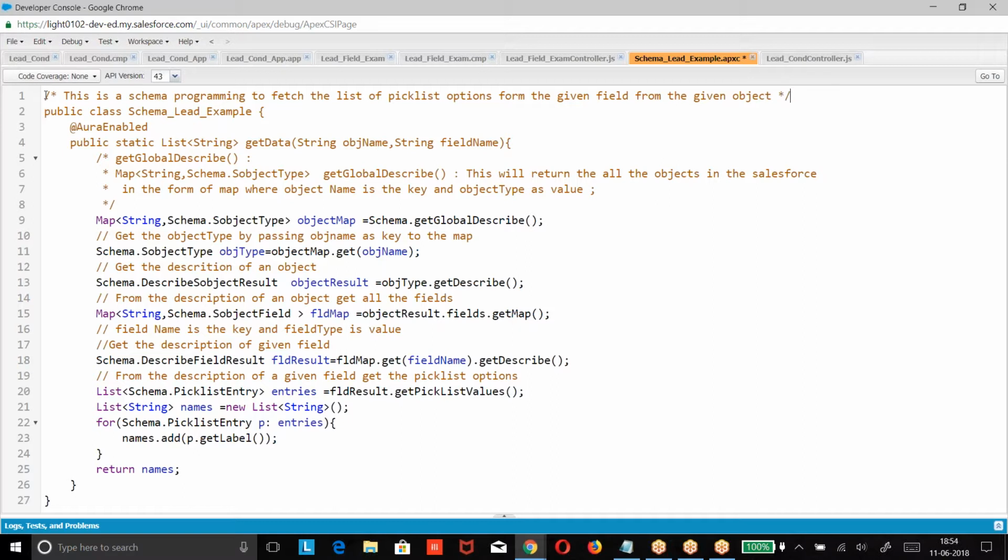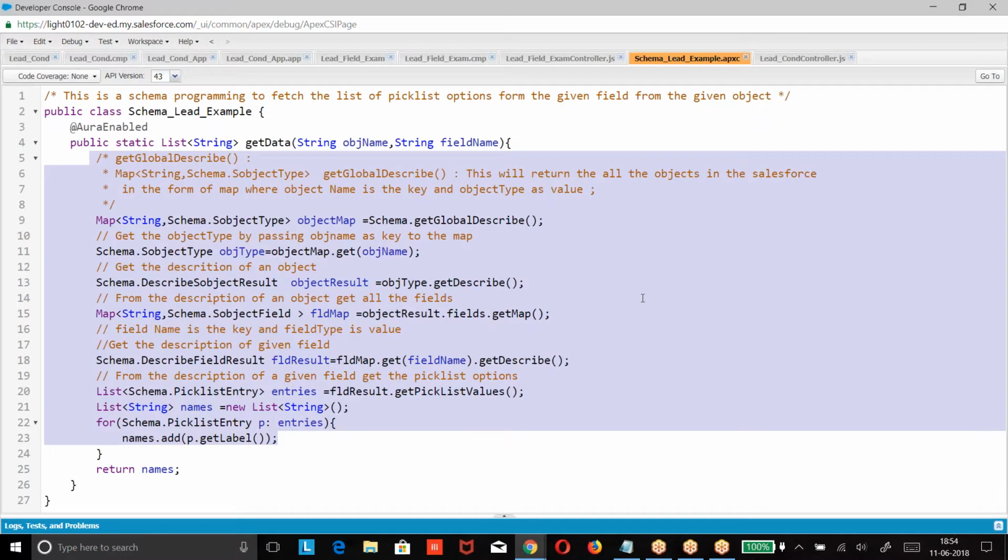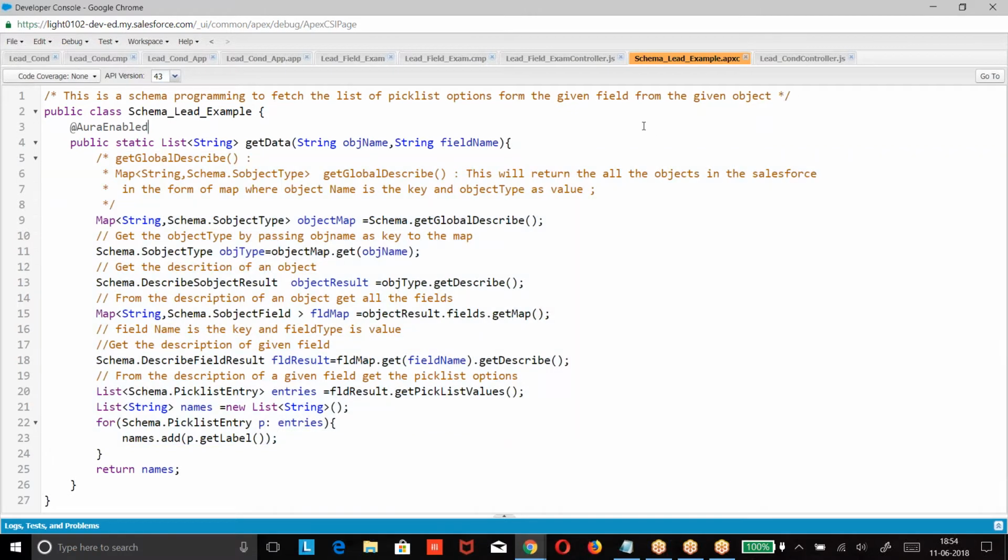Hello, Satish. Yes. Is the schema programming standard for all the code? For all objects, schema is the standard format of writing a program, boss. It's an Apex standard format. The statement I give is get global describe. It's metadata programming, fetching the properties of an object, properties of a field. This is independent from your classic or lightning.